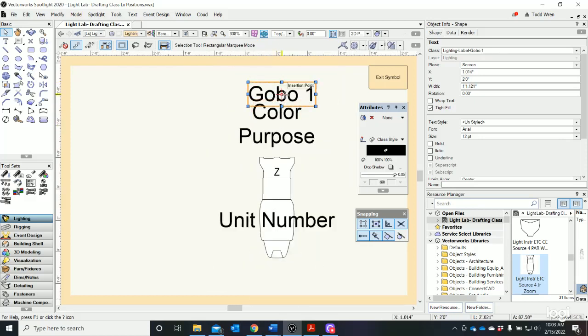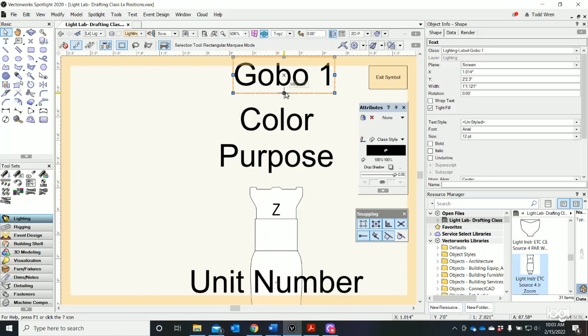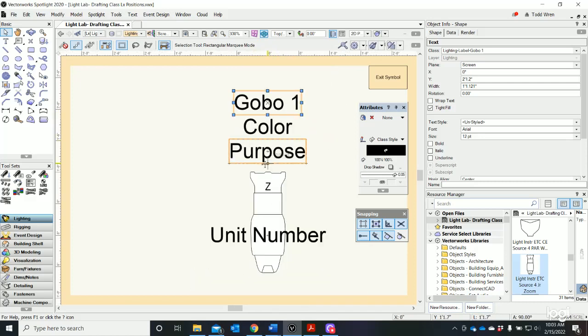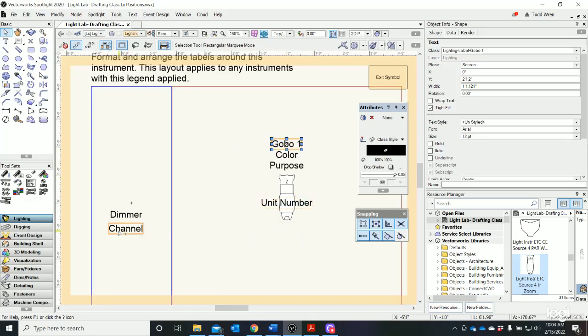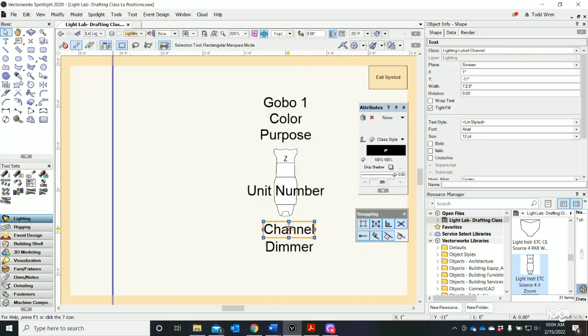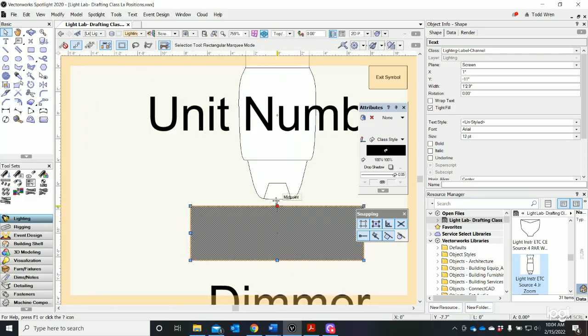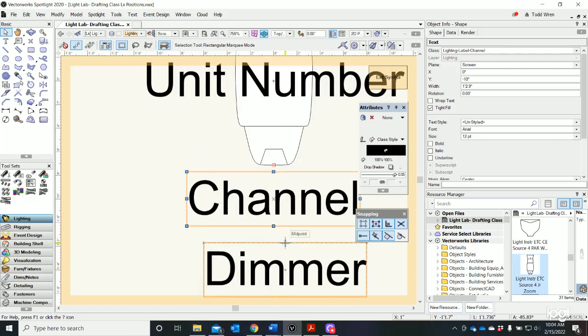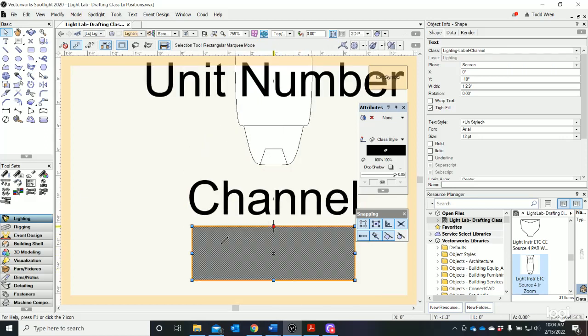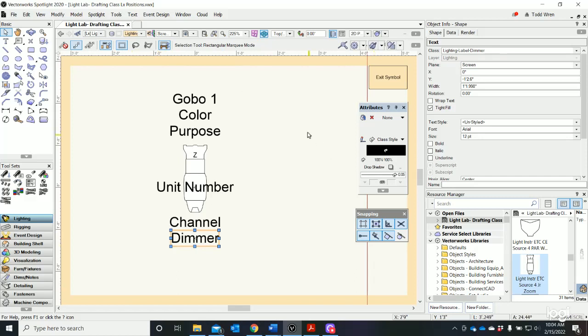I'm just going to organize this information. Now let's center that up. There we go, right? So I'm just dragging from the center of these boxes. Unit number. How about our dimmer number? Maybe it'll go down here. And let's put our channel number right up close to it. You can decide how you want to organize your information, and you can go back and change it, and it'll change for everything that you've done, right? So here's how I've organized my information. Now let's say exit symbol,